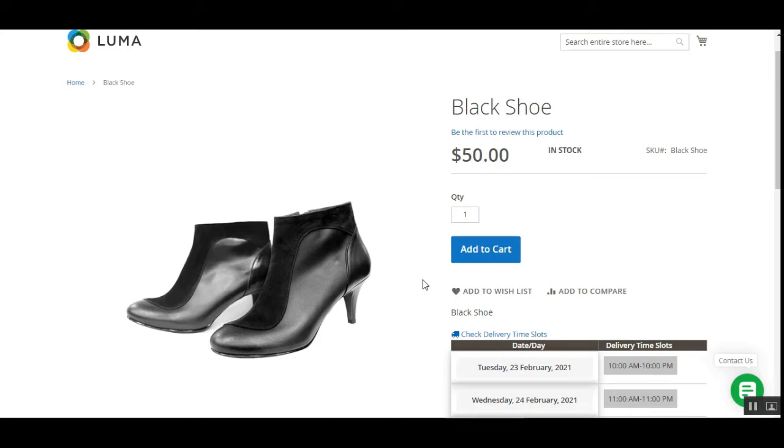Hello, and today we'll be checking out the Magento 2 multi-vendor marketplace delivery time slot plugin that basically allows the marketplace admin and the vendors to set the delivery day along with the delivery time slots for their particular orders. And on the storefront, the marketplace customers can choose their preferred delivery day and time for their orders at the